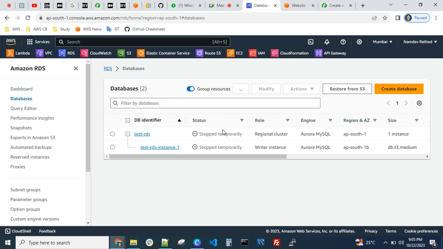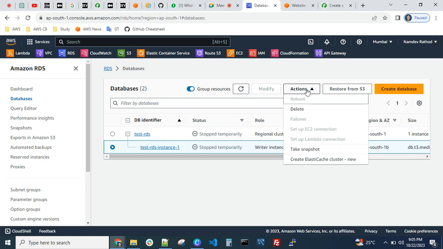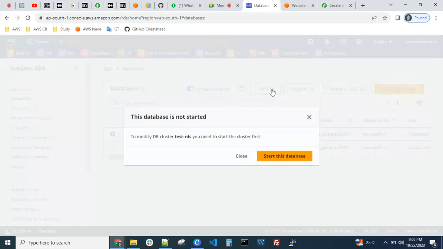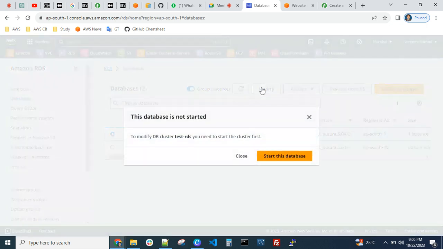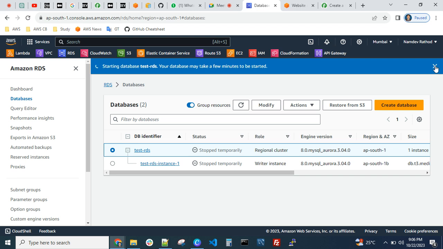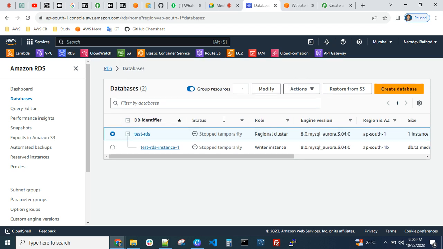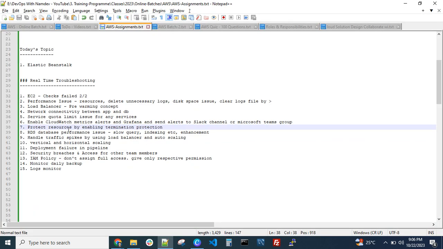If I open this RDS instance, let me modify it. Okay, it is in stopped state for now. But let's say you have a running instance, so let me start it for now. The status should be started, otherwise it will not support modifying any value. Okay, it's in starting state now. The status should be available, so let me try after some time. Meanwhile, we can see